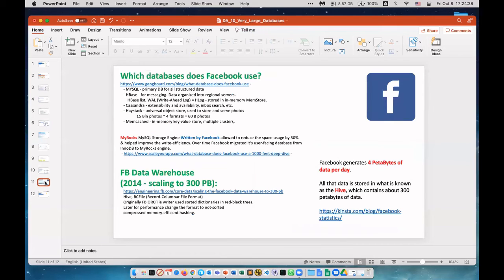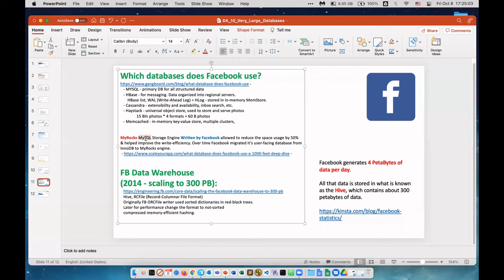Okay. Facebook. It's really interesting because if you look at this website, Facebook generates 4 petabytes of data per day. 4 petabytes, quite big, but it's not SQL storage. They store it as Hive, which is basically key value store, and they approximately store 300 petabytes of data, right? Also interesting that for their reporting and a lot of other purposes, they use MySQL database as their main storage.